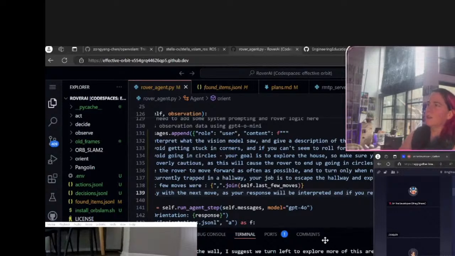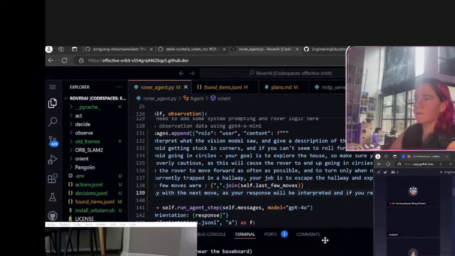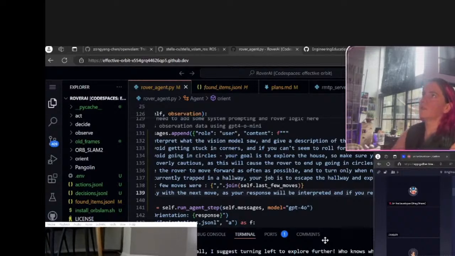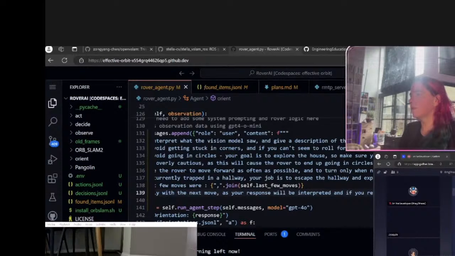Hey, it's moving forward finally, so that's good. We made some progress on its ability to navigate. We haven't built that internal system that really allows it to understand where it is. We were gonna work on ORB-SLAM 2.